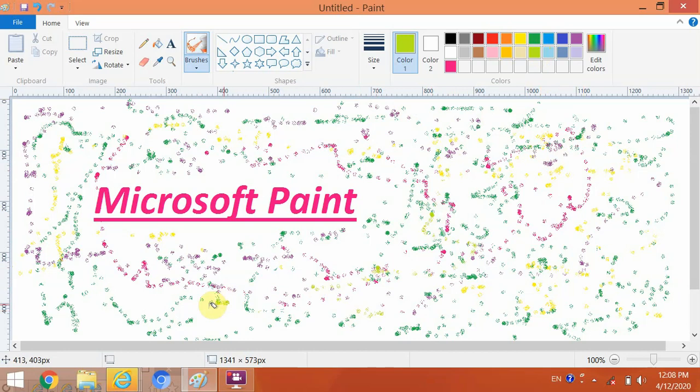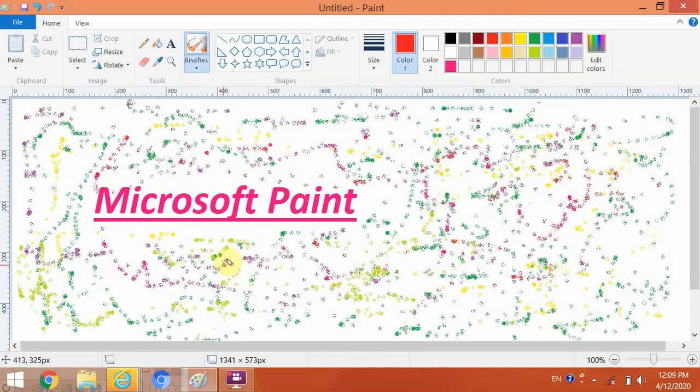Whatever it shows on a screen, it looks very nice when you fill it with the help of different color combinations.